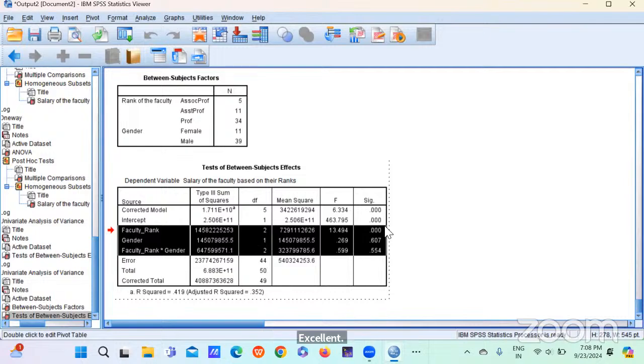So if you are going to give the conclusion or decision based on the significance value, it is similar to what we have got in Excel. Of course, the result should match. Faculty rank is less than 0.05, so reject. There is significant difference. Gender is more than 0.05, 0.505, so no significant difference. And when you take the interaction effect of both the variables,